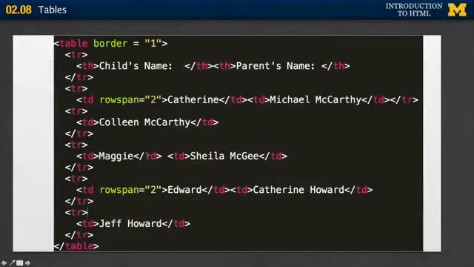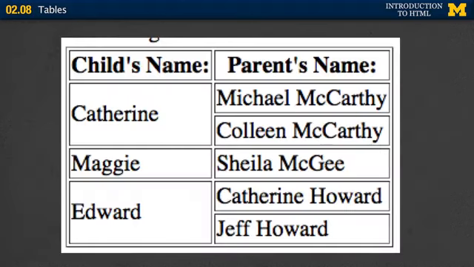So let's go ahead and just look at the end result, and I think that's really, if we backward chain, going to help you understand what this code is doing. So again, I have the child's name, the parent's name, and here are the 2 cells where I did the rowspan, and you can see it actually took up multiple rows because in this case Catherine and Edward both had 2 parents that we wanted to put it together with. Again, not a hard concept, but if you weren't thinking about it and we went back to your code and just started throwing rowspan and colspan in,